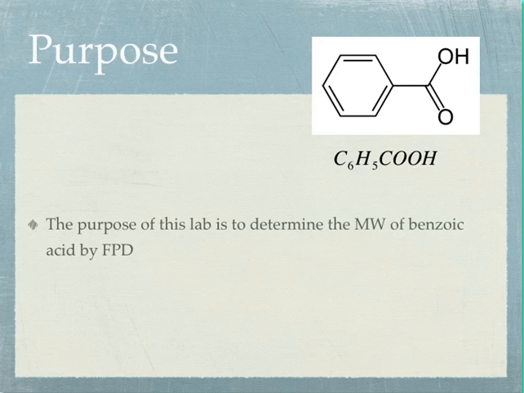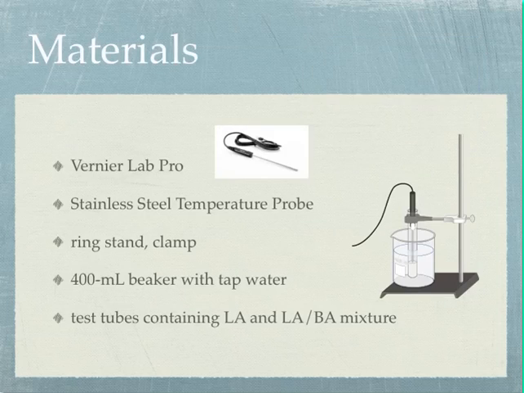Okay. In order to work with this lab, we're going to be using a number of materials. The first is the Vernier Lab Pro, which will be our computer base. We will measure temperature with a temperature probe, which you can see right here. And the setup is going to be a ring stand with a clamp right here. And this clamp is actually going to be attached to a test tube that is going to contain either the